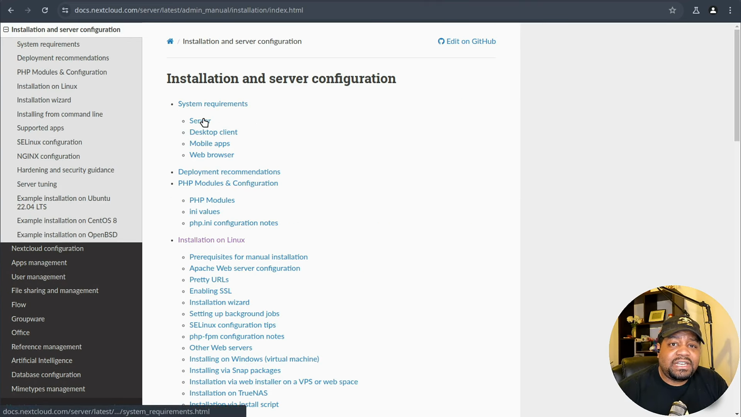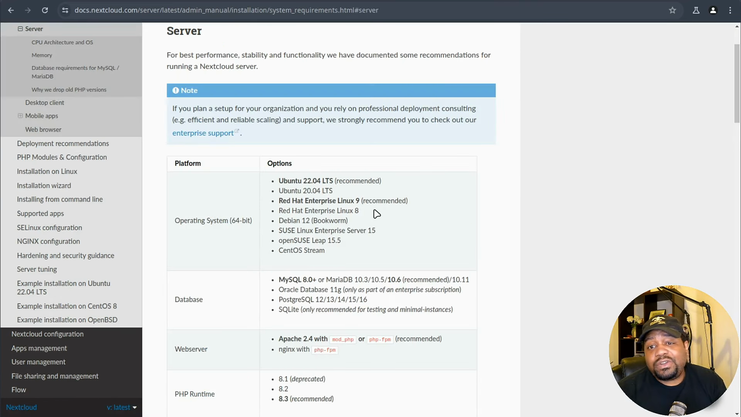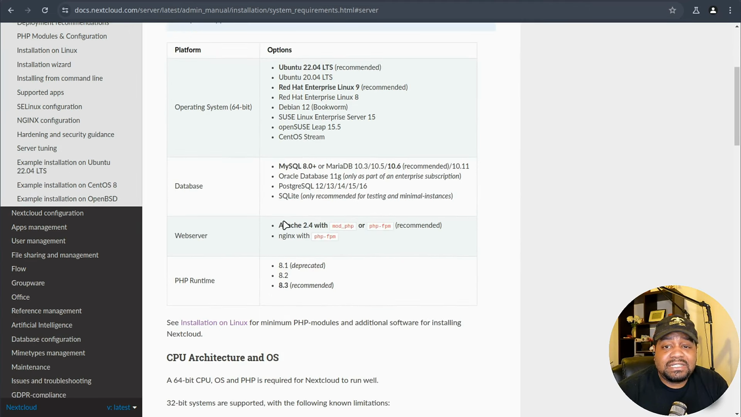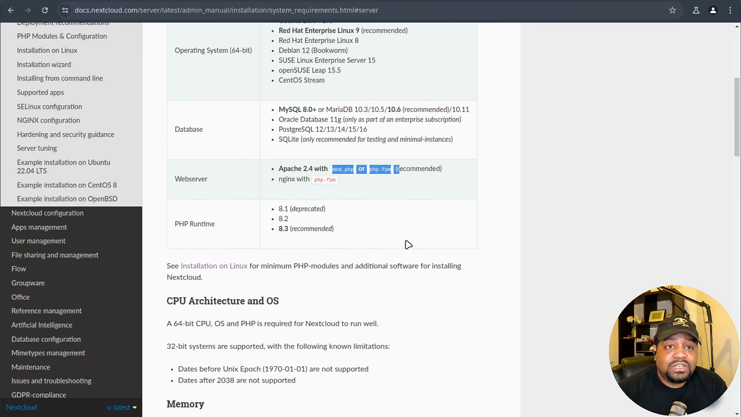So if you go down in here, this will break everything out for you. Look at this. It breaks out the operating systems that you can use, and as far as the database, you need MySQL or MariaDB. Either one will work. It gives you the versions to install, Oracle or PostgreSQL Lite. Apache 2.4 at least, and then they also ask for particular modules, which is why I included some of those modules when I created my commands that I put into a text file in order to copy and paste as